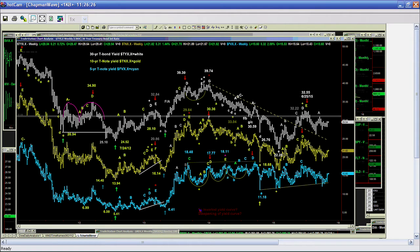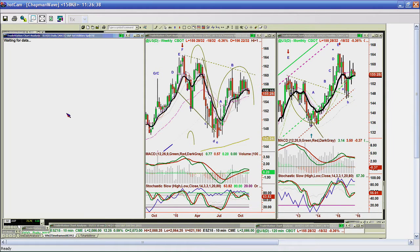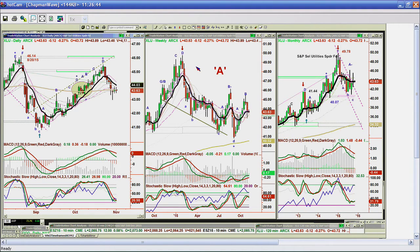And a good point: XLU might give a clue to the rate. So let's look at the XLU. The XLU has had quite a ride this year, actually one of the biggest rides in quite some time. Look, in this particular chart here, going back to the beginning of 2015, you've got a high of